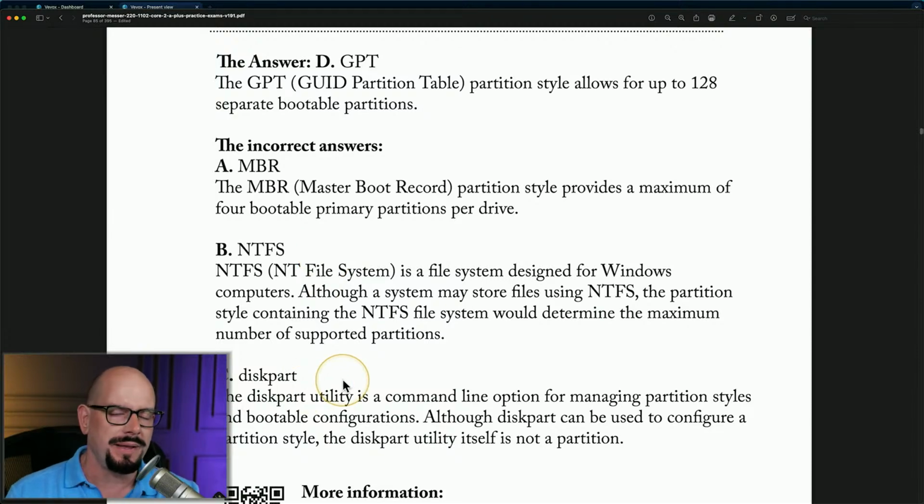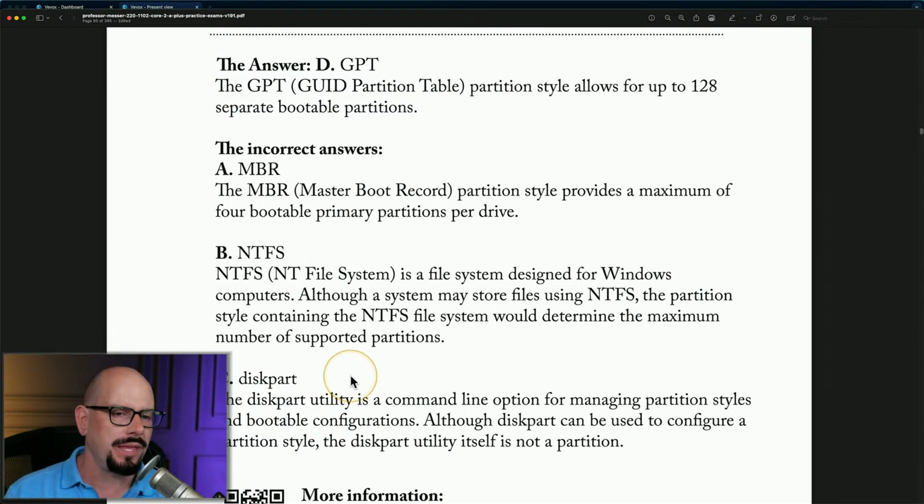You might get a question about DiskPart. So make sure you read through the wrong answers just so you are familiar with, yep, I knew that was wrong, and that's absolutely why I thought it was wrong. So verify in your mind all 4 of those. In a way, each question is providing you with 4 pieces of information you should know about this exam. So make sure you read through all of these.